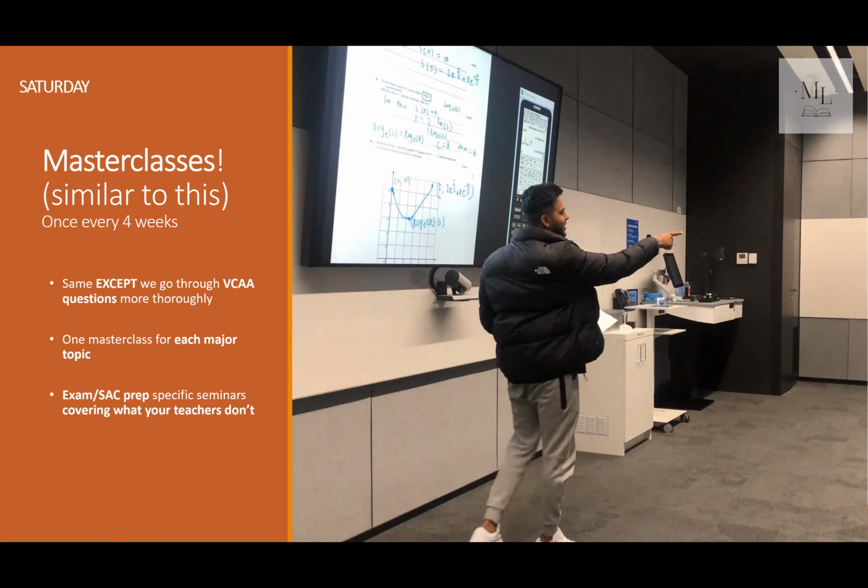Those are the small things which actually add up and boost your study score to above 40, or if you're really struggling to get much higher. Imagine we went through 3 questions today. You probably saw maybe 1 trick in each question. Imagine that over a 10 or 15 question exam or SAC. You might think, oh, it's 1 mark here or there. Imagine that times 15 or 20. That'll substantially drag your score down. But what we want to do is bring it up, and push you to that next level that you probably wouldn't have thought you could have achieved.